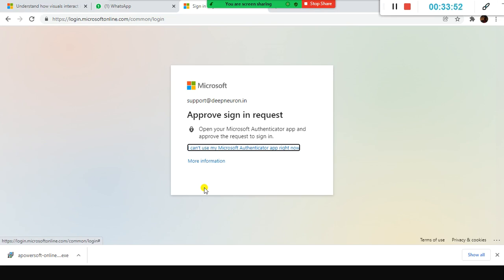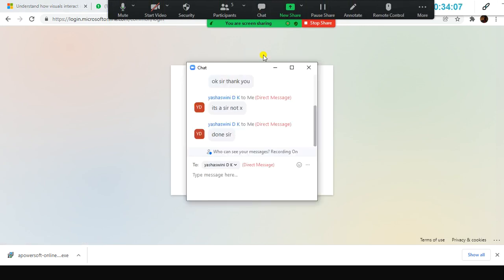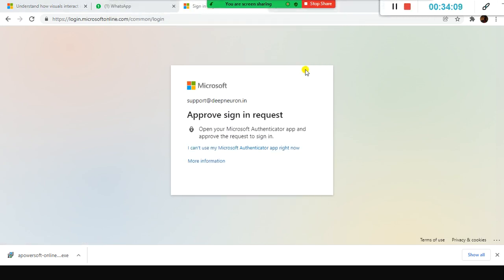If you have not yet done so, please go ahead and do it. See, now it sent an authentication request to my mobile phone, to Microsoft Authenticator. Look here, all of you, please. You need to install Microsoft Authenticator. You are already done, right? Very good. You can go to the Play Store, type Microsoft Authenticator, and install it. That's all. Once you install it, you're all set.